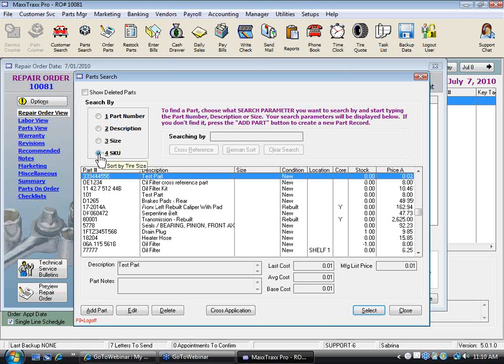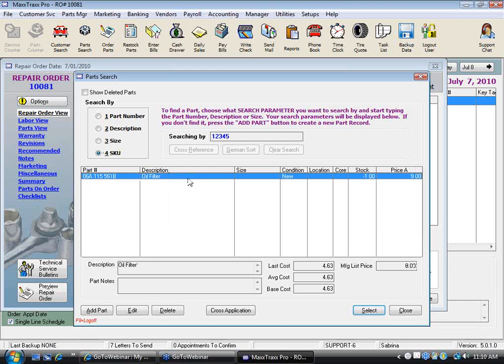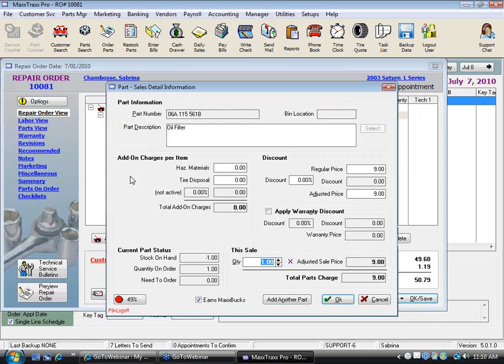Then you would hit the barcode reader and your part number would show up, and in this case it's 1, 2, 3, 4, 5 was our SKU number, but this would be our part number, and then we would just hit enter and it would add it to our RO. That's how the SKU feature works, which I actually personally have never used the barcode reader in the